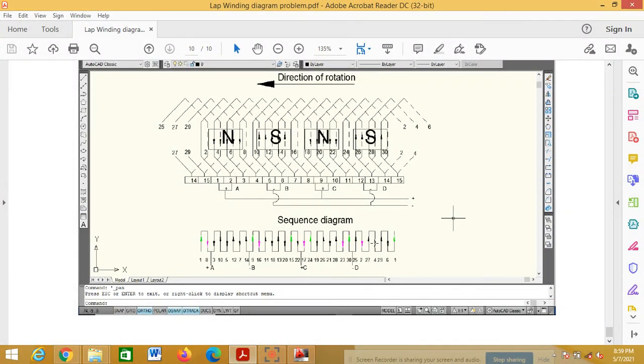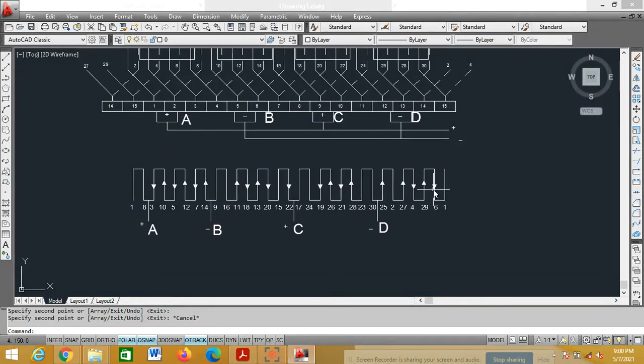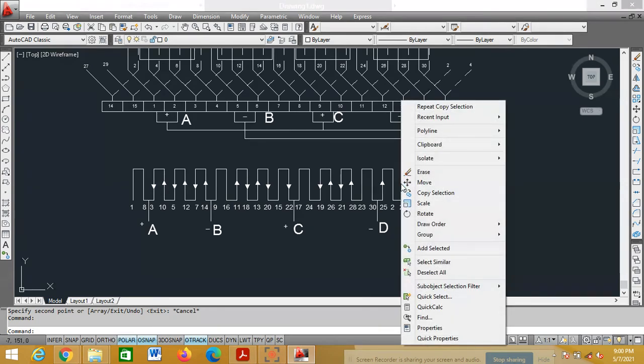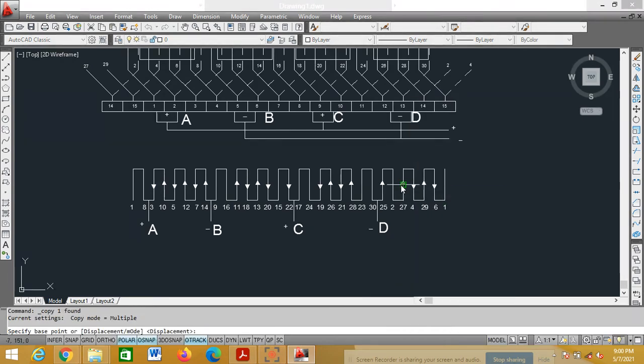See here how I have marked here. Remaining conductors I'm marking using different colors. Down, up, down, up. If you want to change, you can change the colors or you can use the same colors for your convenience. Alternate up and down. See, it is down, so what should this be? It should be up. Correct. So take this, copy selection, select the base point, up. One is up, so here also one should be up. Next one should be down.